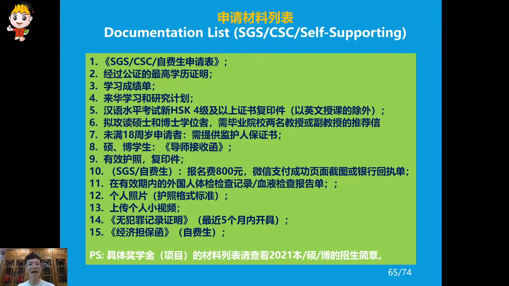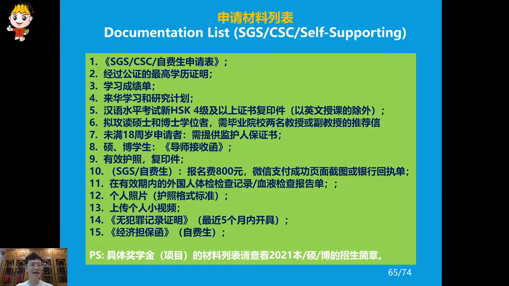For the SGS, for the CSC program, for the self-supporting programs. Okay, if you cannot understand which item, you can propose the questions. Also, in the official website, we have both Chinese version, Chinese explanation, and English explanation. So I will skip this part. You can read by yourself and enjoy the item to item 15.